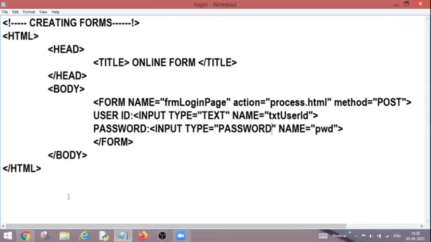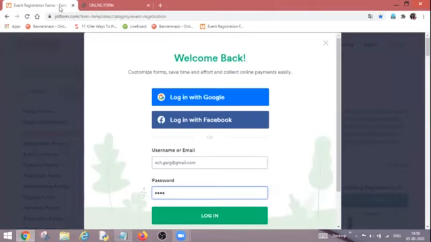Control S, now go back, refresh it, and now I can enter my user ID and my password. Now I have written Neha over there, but it is not visible to anyone because this is my password field.